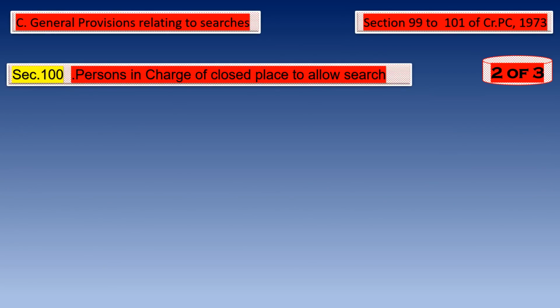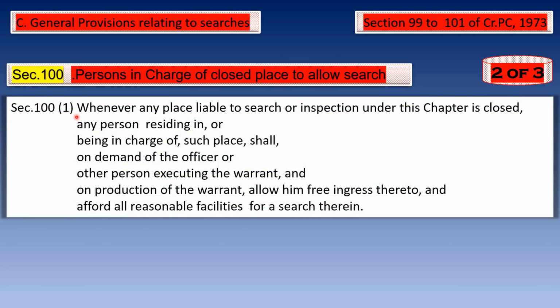Second part for general provisions relating to searches is the persons in charge of closed place to allow search, as per the provision of Section 100 of Criminal Procedure Code 1973. Subsection 1 of Section 100 says, whenever any place liable to search or inspection under this chapter is closed, any person residing in or being in charge of such place shall, on demand of the officer or other person executing the warrant, and on production of the warrant, allow him free ingress thereto and afford all reasonable facilities for